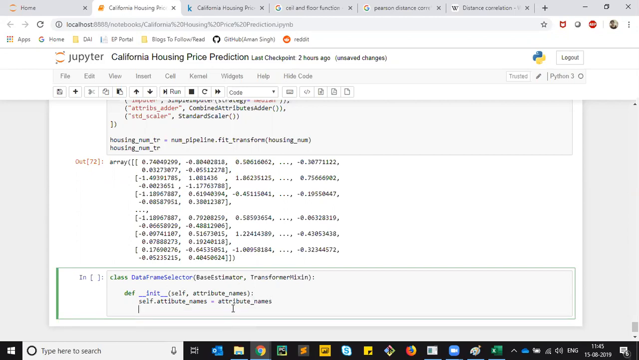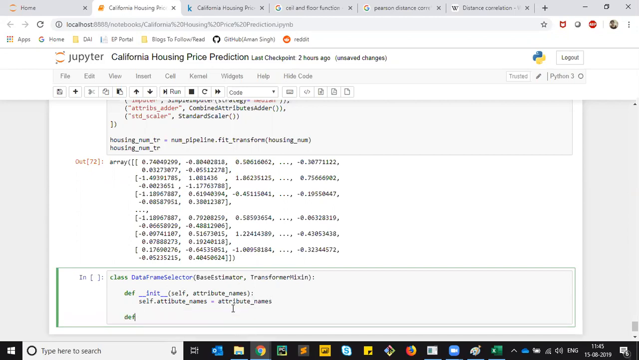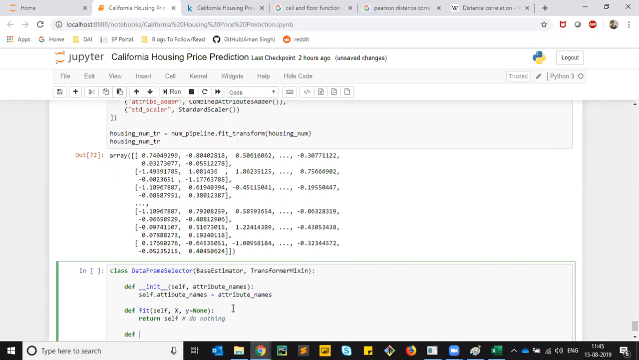No change. And we don't have anything in fit, but we have to declare it. So X, setting y to be None by default, because sometimes you won't even have a y label. Return self. Again, do nothing. It's basically a transformer that we are creating. So in the transform method,